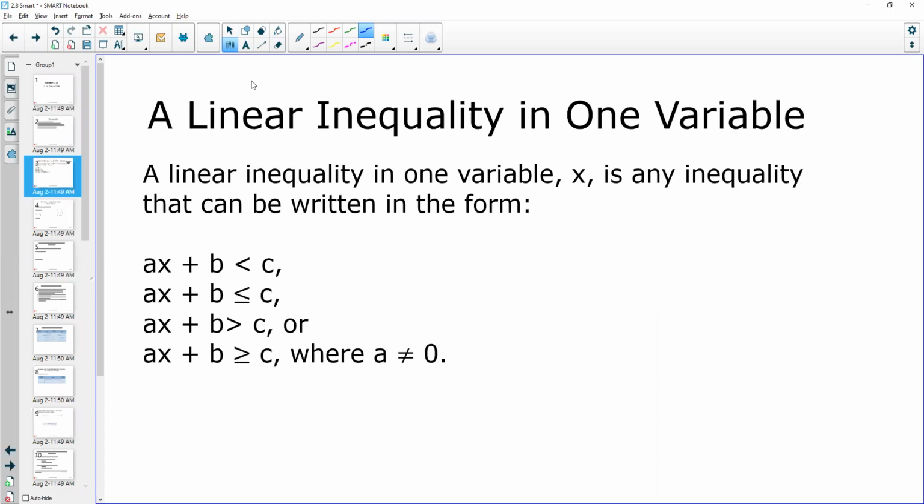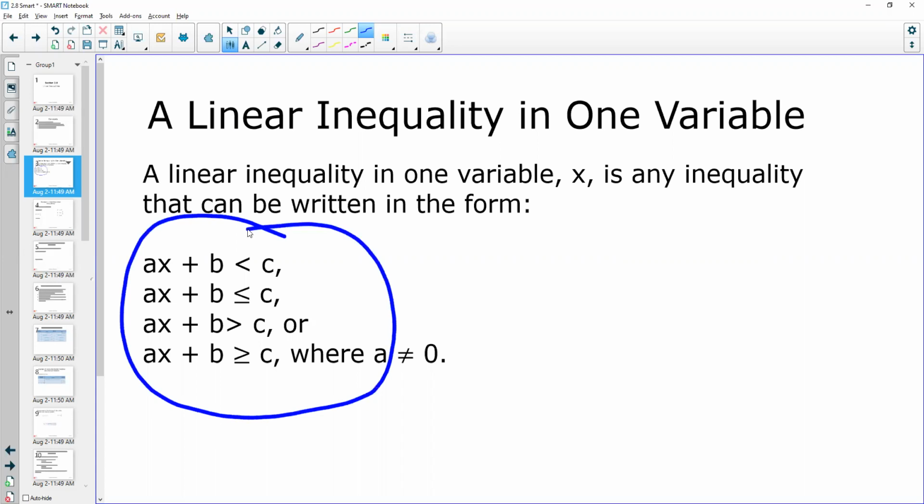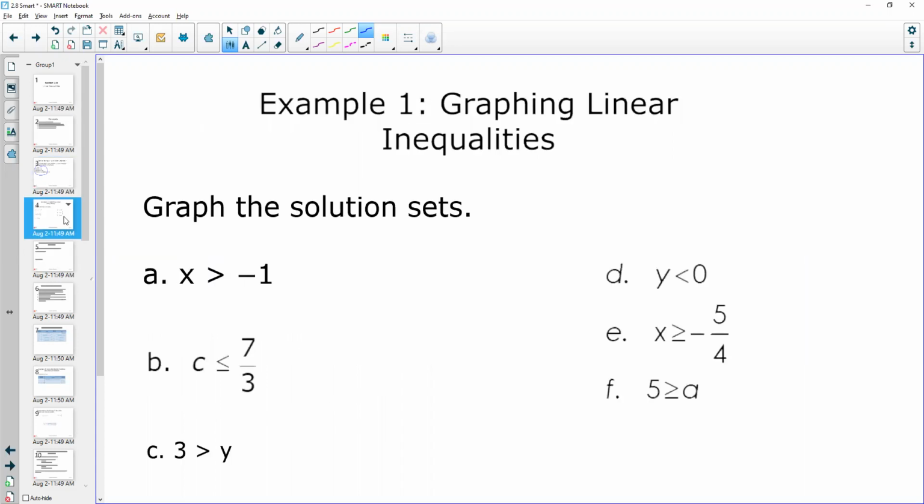A linear inequality in one variable is any inequality that's written in the form ax plus b is less than, greater than or equal to, or less than or equal to c. The coefficient of the variable x is always going to be not equal to 0. That's essentially the idea here, or else there is no x. If there are 0 x's, there's no point in writing it. So what we have when we look at these,